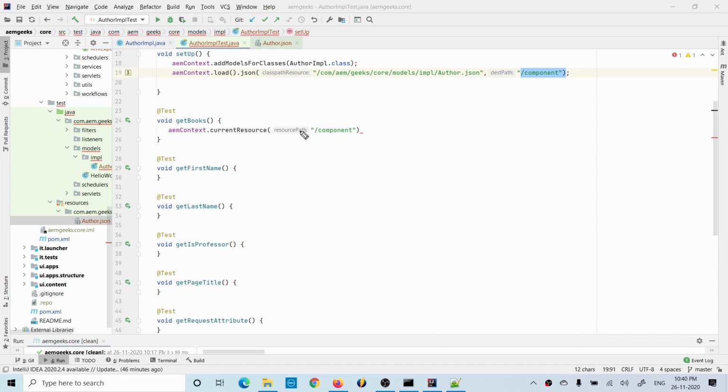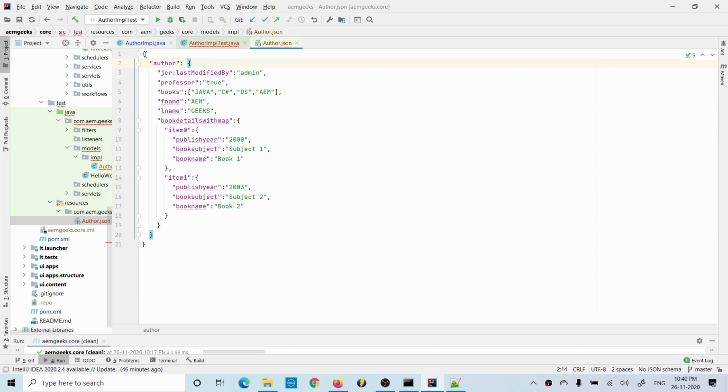Okay, now we went till JSON, but what we are going to load is author, right? Let's see here. Till this JSON we came by this slash component,